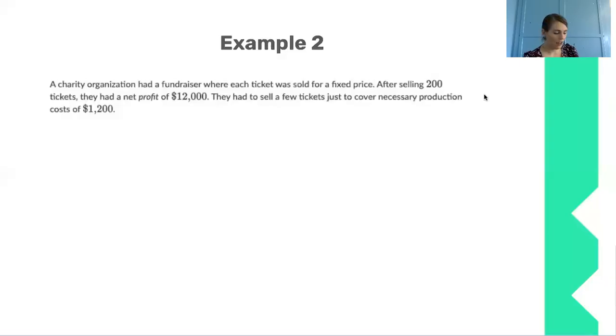Okay, let's look at this other example. At a charity fundraiser, each ticket was sold at a fixed price. After selling 200 tickets, they had a net profit of $12,000. They had to sell a few tickets just to cover the necessary production cost of $1,200. This one's a little tougher, but I'm going to start by defining my X